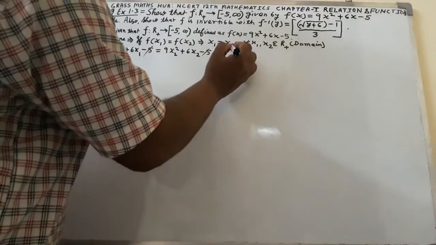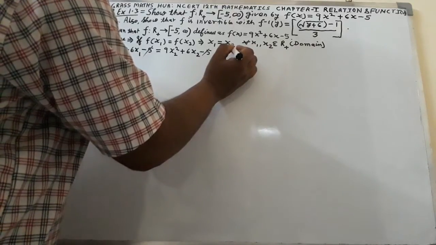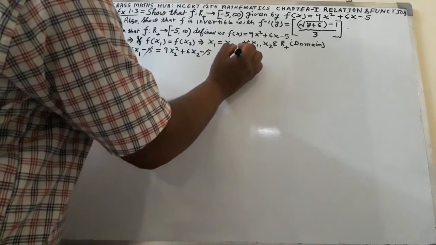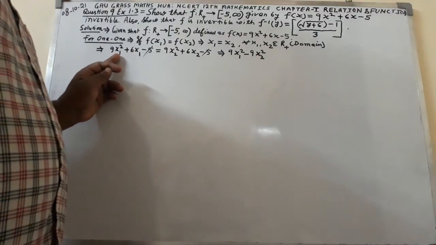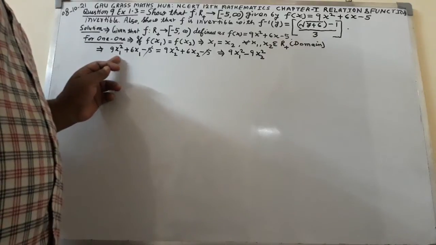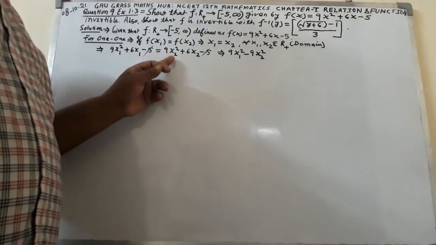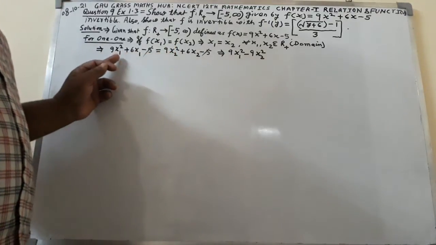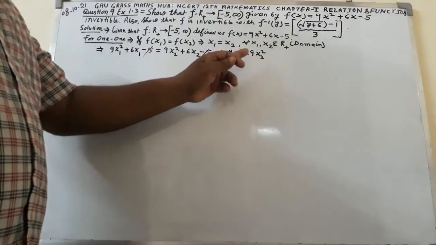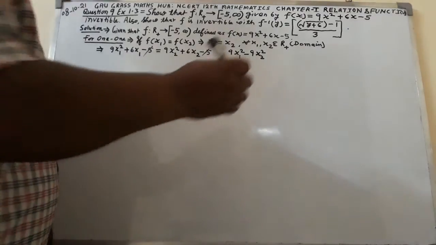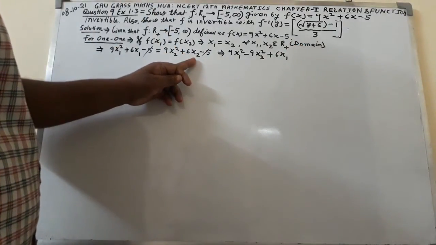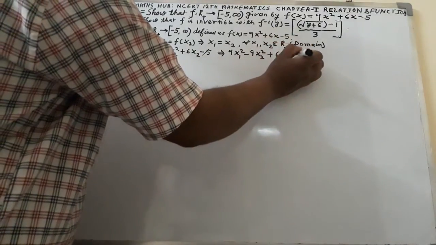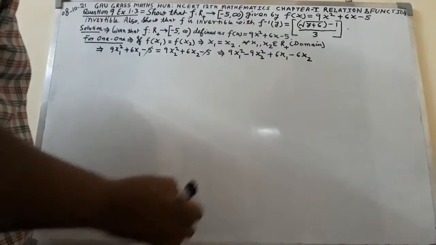Here you will get, just group the like terms, 9 x1 whole square minus 9 x2 whole square. Here 9x1 square, or here plus 9x2 square is there, plus 9x2 square will be pushed back to the left hand side, comes out to be 9x1 square minus 9x2 square plus 6x1, here plus 6x2 will be thrown back to the left hand side, comes out to be minus 6x2, equal to 0.